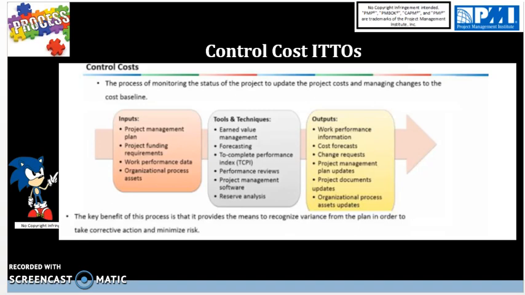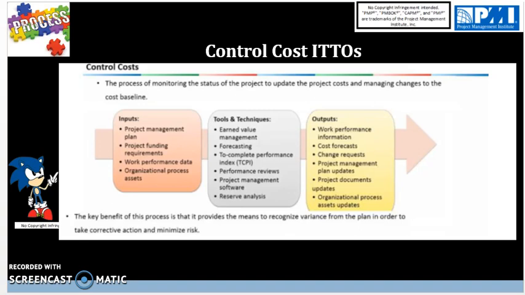Then we have reserve analysis, where we analyze the contingency reserves, which is money set aside for known accepted risks or known unknowns as part of the cost baseline. And then we also analyze the management reserves, money set aside for unknown risks or unknown unknowns outside of the cost baseline. The output then is going to be the work performance information,